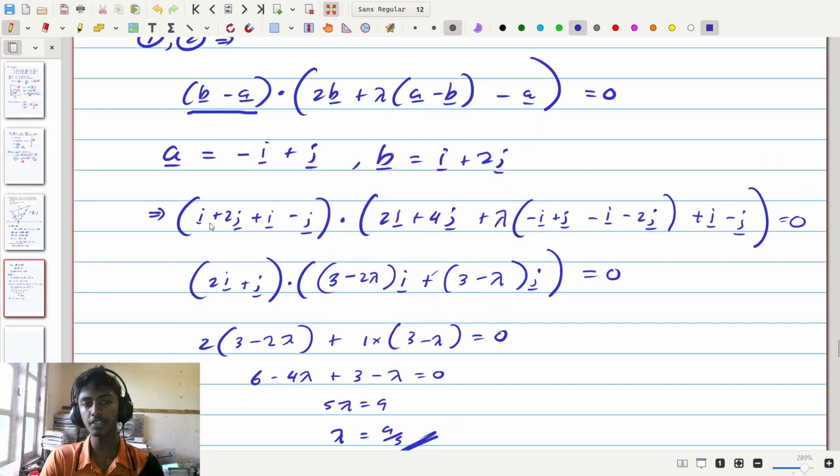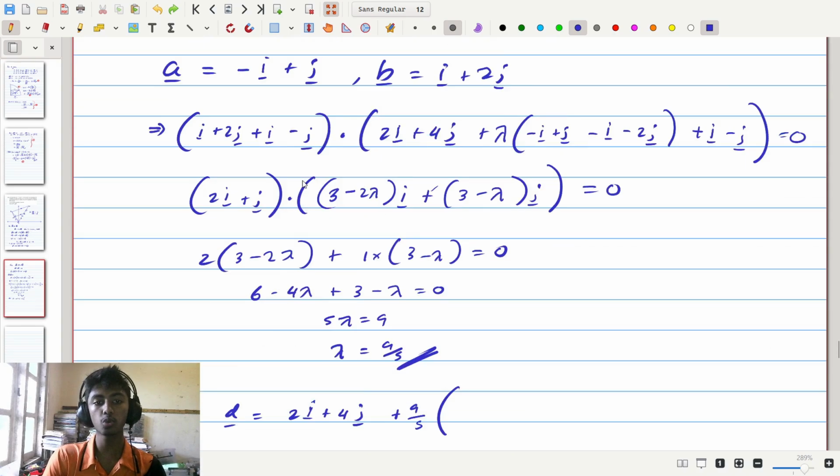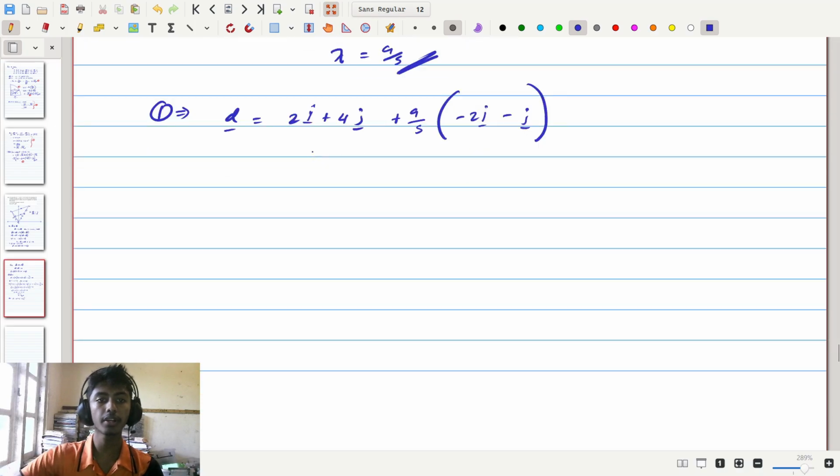So we have B vector minus A vector is 2I plus J, so therefore A vector minus B vector is going to become minus 2I minus J. So we have minus 2I vector minus J vector,